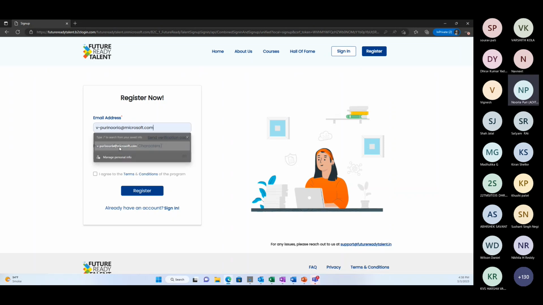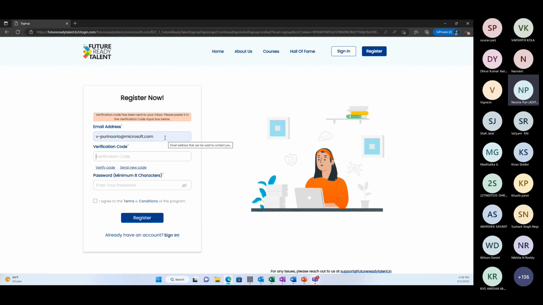After you've entered your email address, make sure you have access to it and you have not previously used it to register on Future Ready Talent. You will then be asked to verify your email address. You'll click on Send Verification Code, and it'll tell you a verification code has been sent to your inbox, and